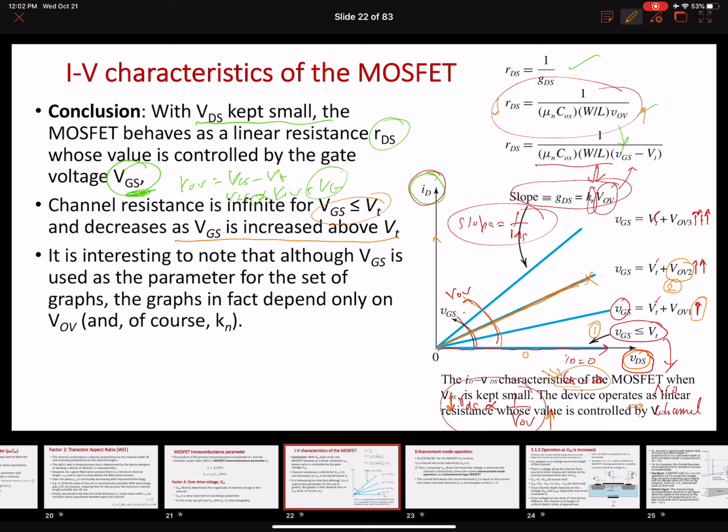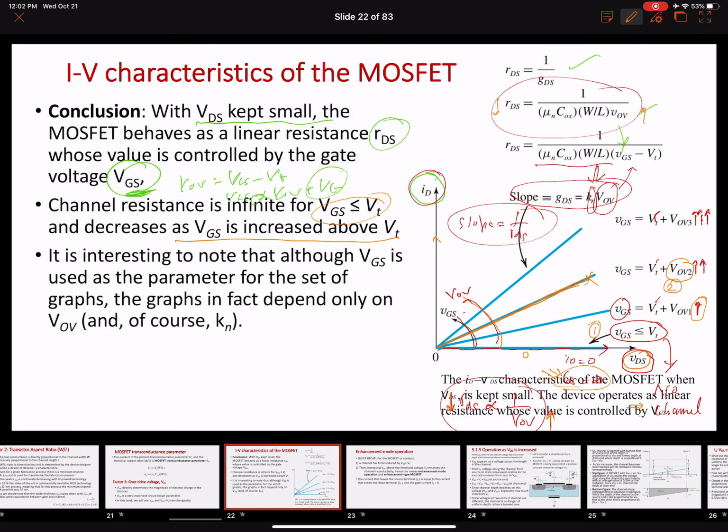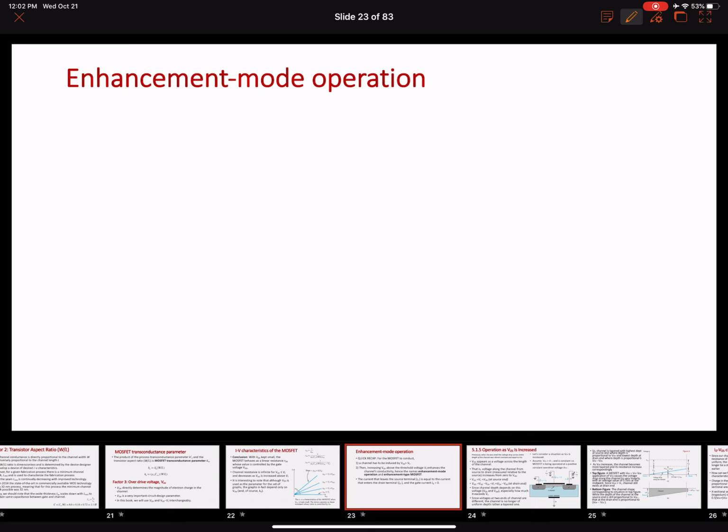Okay. All right. So with that, and our resistance or the slope depends on these two factors. One is again these process factors, and the other one is the overdrive voltage. Greater the overdrive voltage, greater will be the slope, smaller will be the resistance of the channel. All right. So with that, let's move to the next slide, which is we are going to very briefly discuss